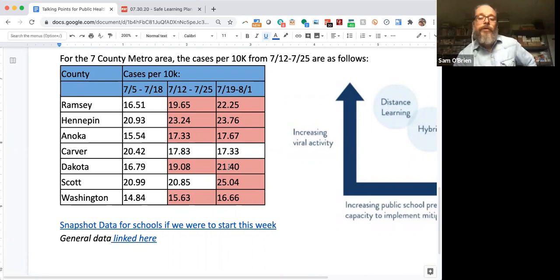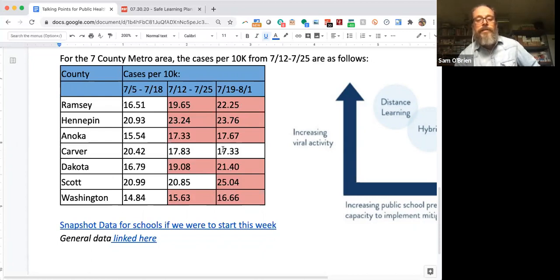Specifically, what we're looking for at Great River School is to see cases decreasing, and ideally holding a pattern of decrease over several weeks in order to affect our decision to move from distance learning to hybrid. And so specifically also what I'm looking for is to see the percentage by which cases increased. We'd like to see cases increase, frankly, be below 2%. And the case increases that we're still seeing week to week, in Hennepin County, we are below that 2% increase, but not in Ramsey and not in Dakota. And definitely not in Scott County.